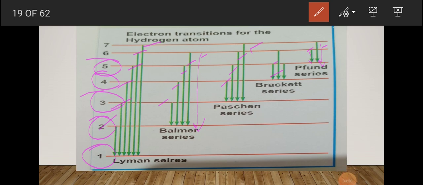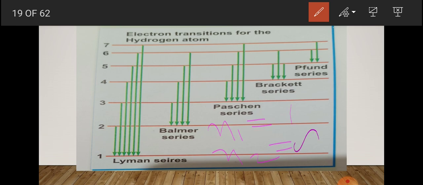Now see, the spectrum line of highest energy means lowest wavelength. Highest energy, lowest wavelength. In the Lyman series N1 will be 1 and N2 will be infinite. When we put this value, the wavelength corresponding to these values is called the limiting line. N1 is 1, N2 is infinite. Nothing more can be added to N2. So this is the limiting line for a given series.